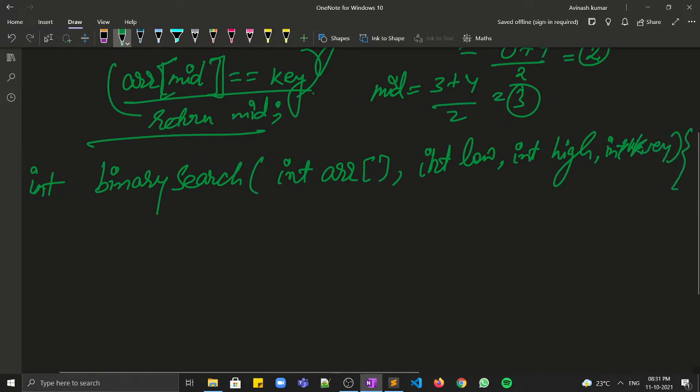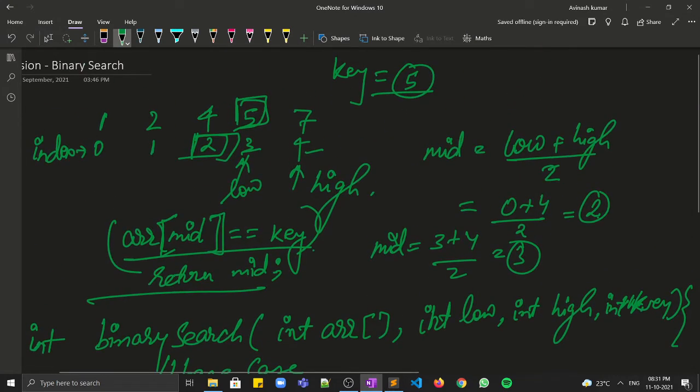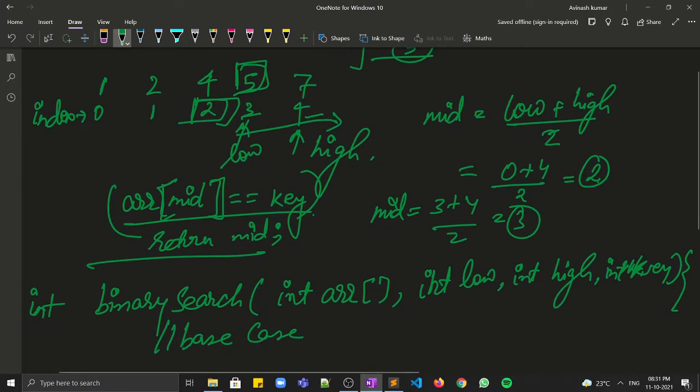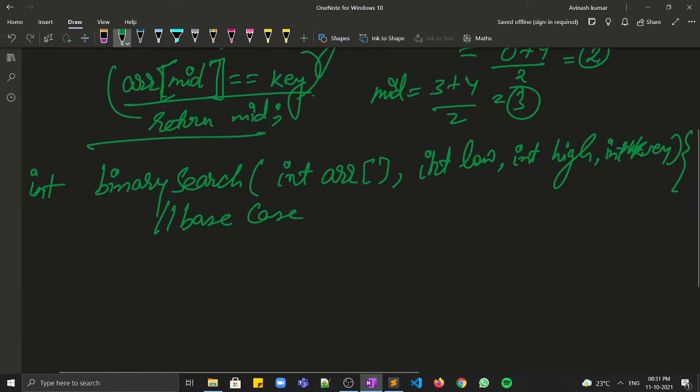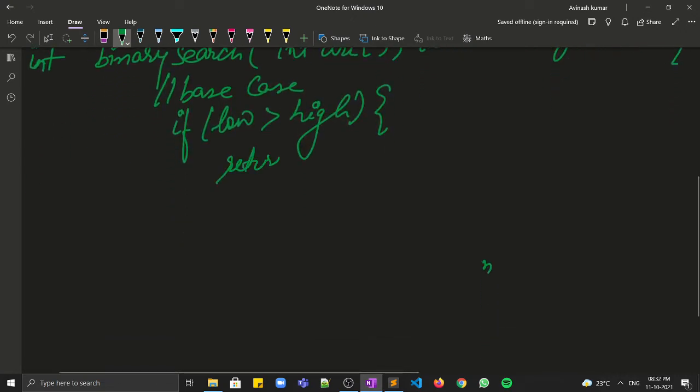First of all, the base case would be: if low crosses high, then there will be nothing in between low and high. So in that case we don't need to do anything. If low is greater than high, we simply return -1.